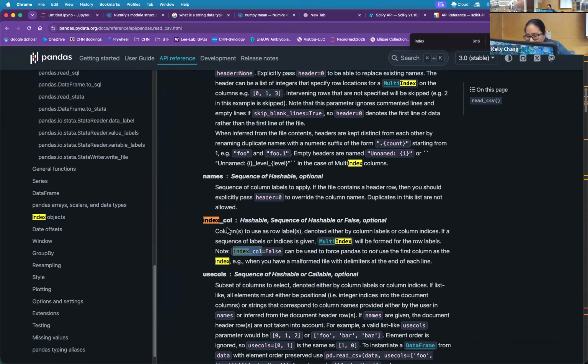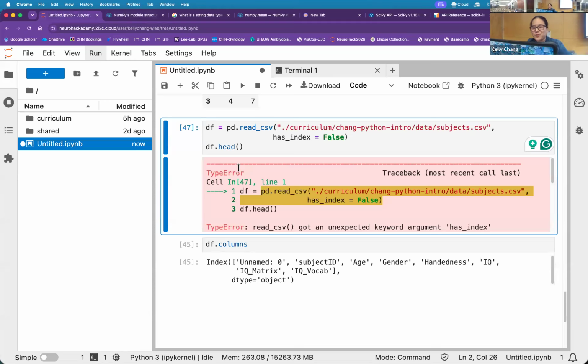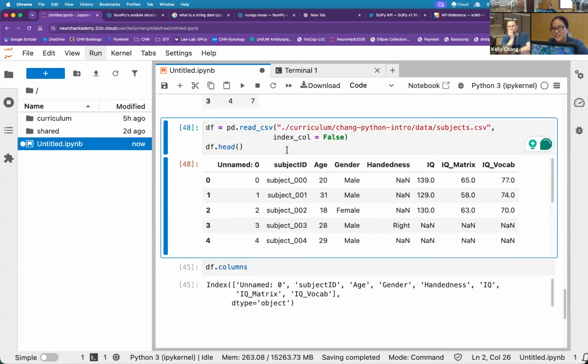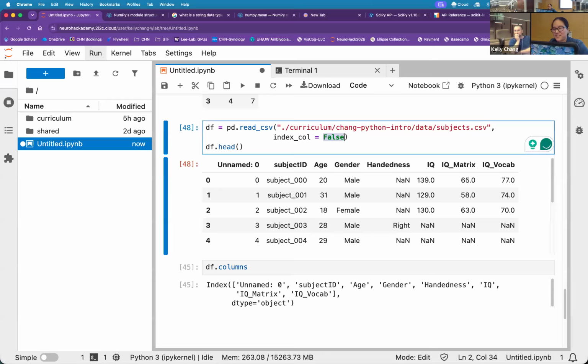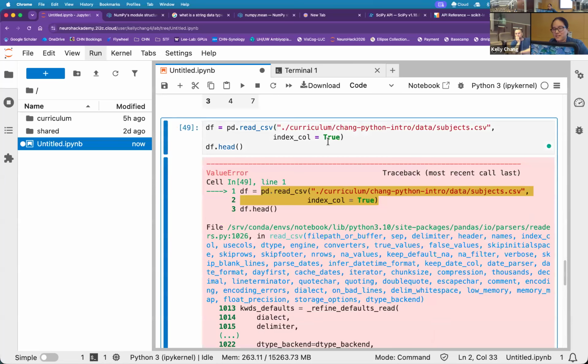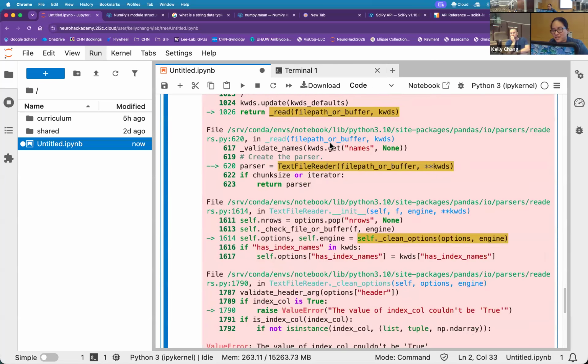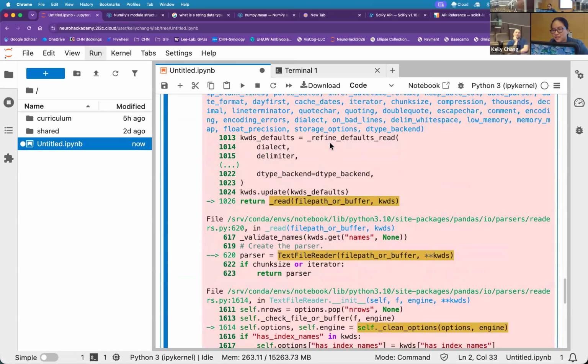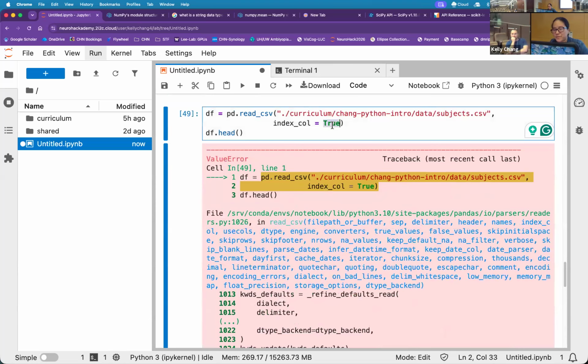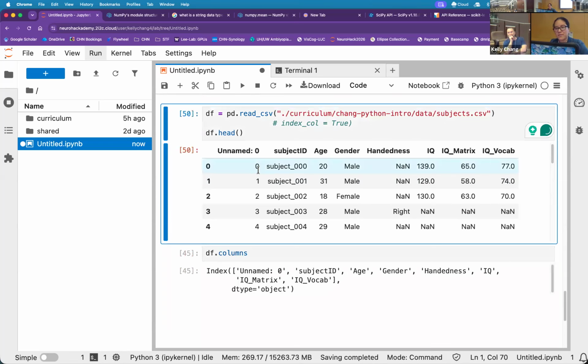Yeah, index_col equals false. Let's try that. True? Darn. I tried, thinking it was called there. All right, we give up on that. As you can sort of tell, there's a lot of defaults even I can't remember off the top of my head. I just Google it and read the doc real quick to check it out.